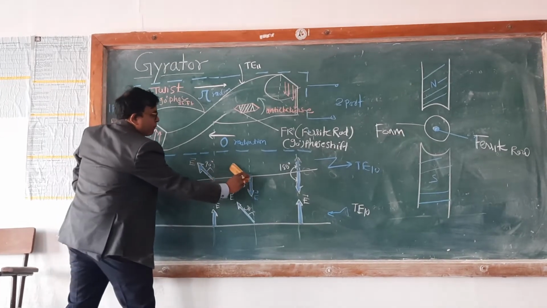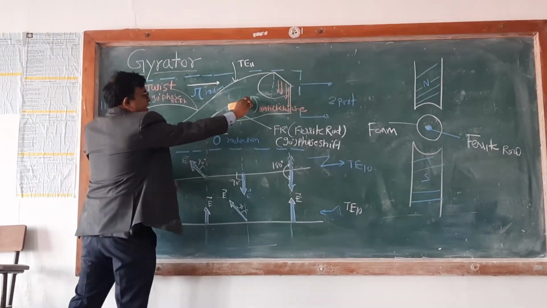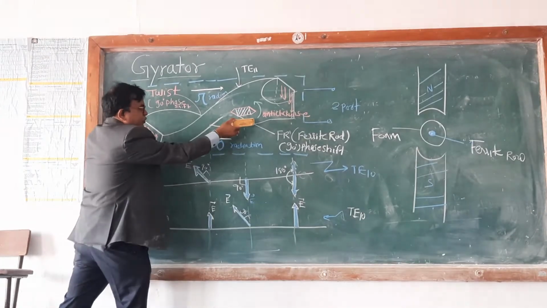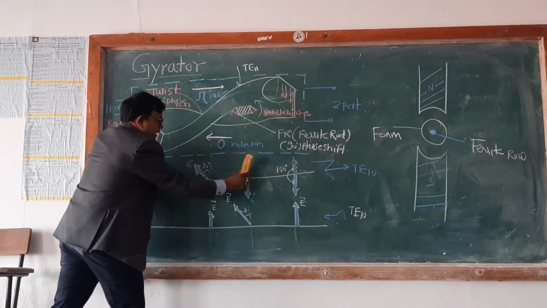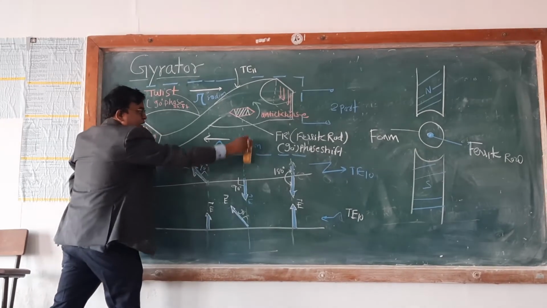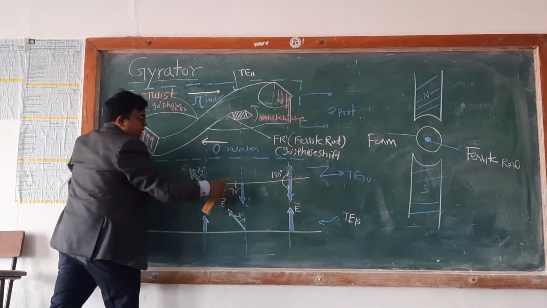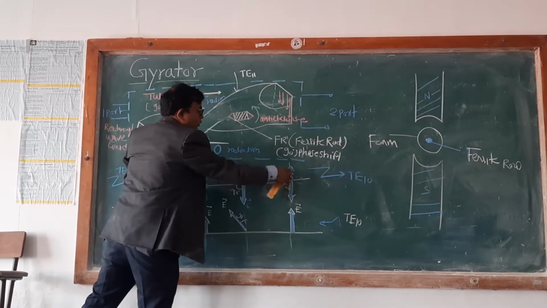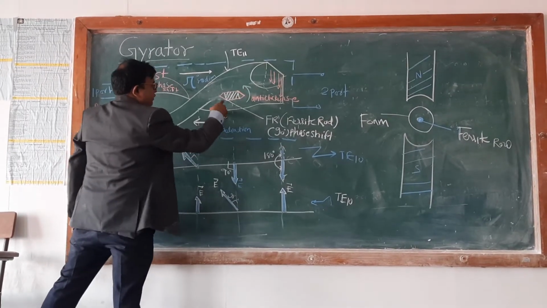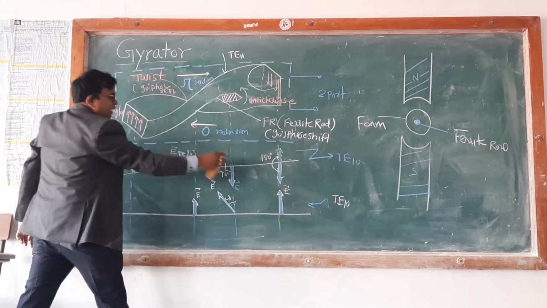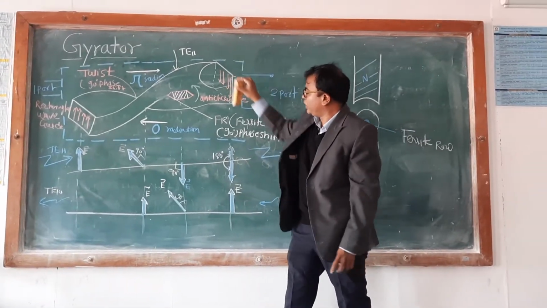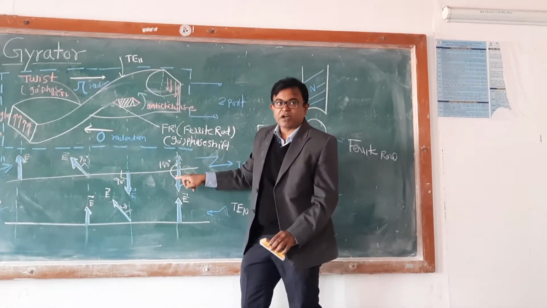Then these electric fields pass on and are influenced by the ferrite rod. Once influenced by the ferrite rod, it rotates in the anti-clockwise direction. So the field will again be shifted down, giving another 90 degrees. But if you see the final output port, initially it was in this position, and after passing the ferrite rod at the twisted portion, it has a 180-degree phase shift, because now you can see the direction of the arrow is down. So you are getting a 180-degree phase shift.